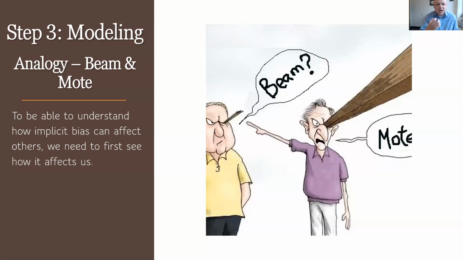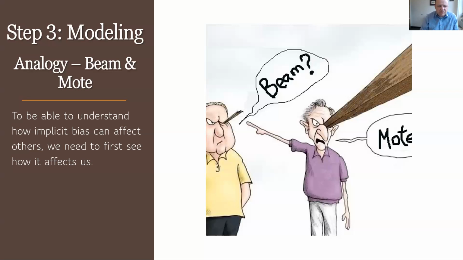And sometimes, particularly as a recreational therapist, if you can't see your own implicit bias, that is going to drastically negatively impact the way you can provide therapeutic interventions to your clients. It's going to make it as if you can't really truly see. So this is the model and the analogy that we go through and that we talk about.